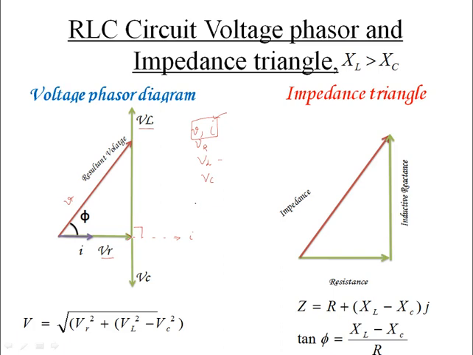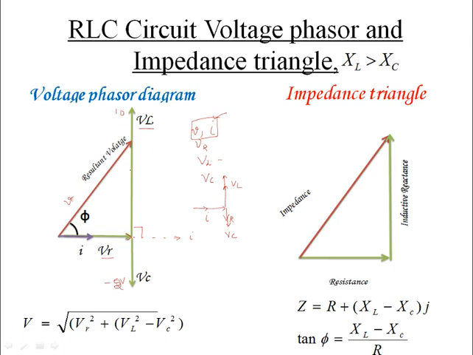See, I'll draw once again. This is I, this is VR. So with respect to I, the VL is like this. With respect to I, this VC is like this. Now this is a bigger line. I would draw this VL like this, a bigger line. Now if this is say 10, right? VL is say 10 volts, just write 10 volts or something like that. VC, if I draw it to be 5 volts, no, no, I would write 2 volts. If I write it to be 2 volts, this is negative, right? Minus 2, this is plus.